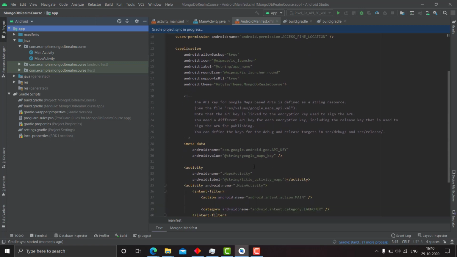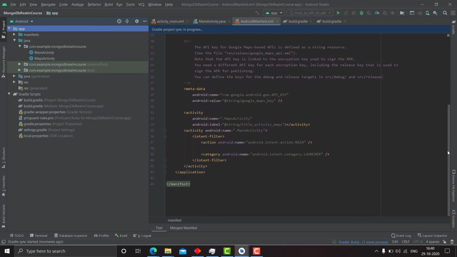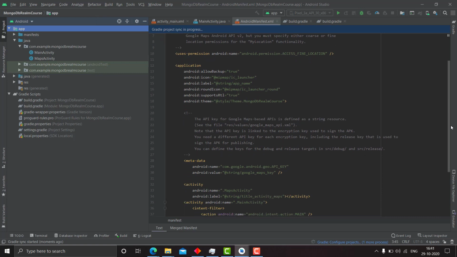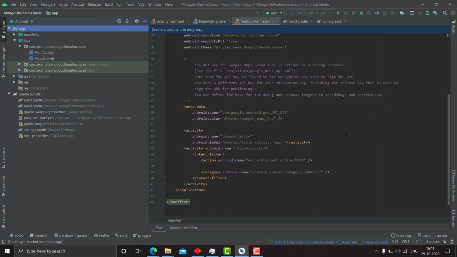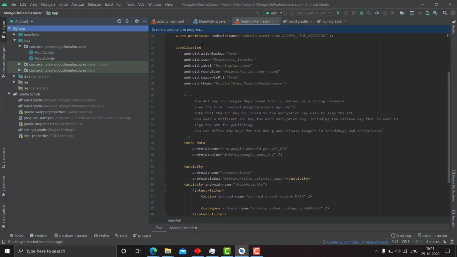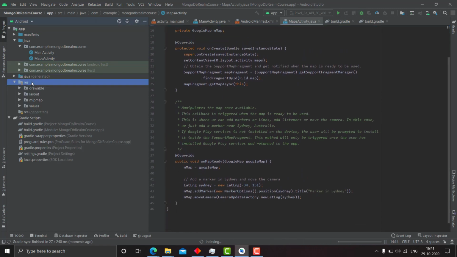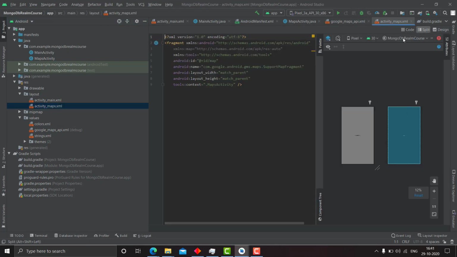So I will make a video on how to get the SHA-1 key for your application in the Android Studio course. If you don't get it now, I will repeat the process here. There is another method which I will show you in the video. So here in the Google Maps activity that I have just built, go to res layout, activity_maps code, and as you can see it is empty, right?